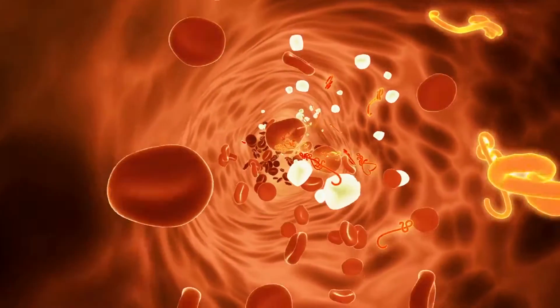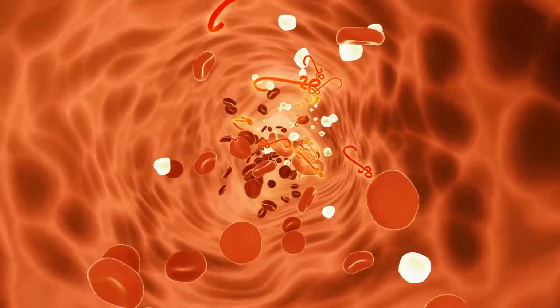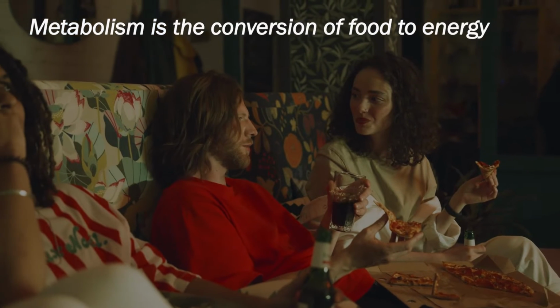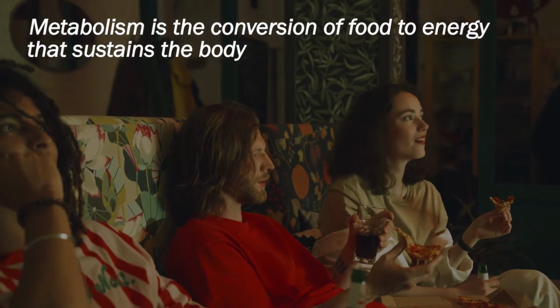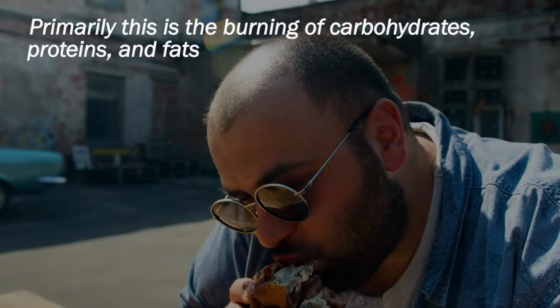It's important to establish the definition of the word first so we have a clear understanding of it before we proceed. Metabolism is the conversion of food to energy that sustains the body. Primarily, this is the burning of carbohydrates, proteins, and fats, the nutrients that supply us with calories, or our fuel